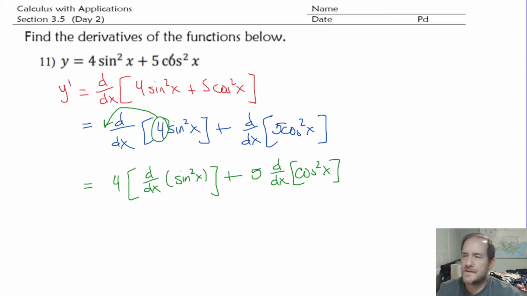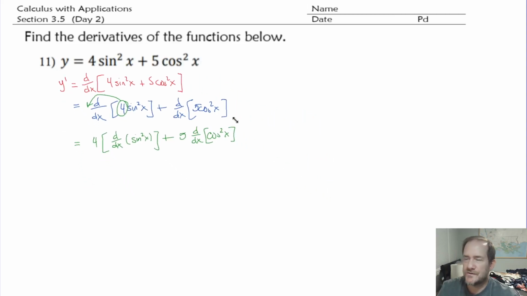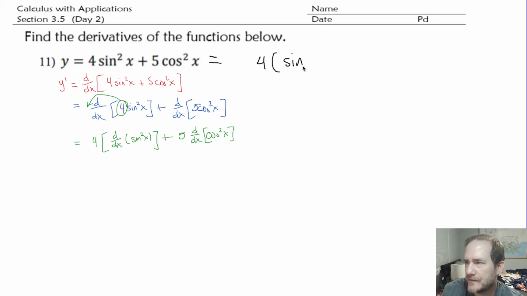Alright, again, none of these steps are steps you needed to show, really. You could probably just do this straight up from the beginning, but as long as you understand why, that's a good thing. So what's happening here? Well, you certainly could just be treating this as 4 times sine of x squared. And I think I probably would recommend that you do that. So just kill this 2, bring a 2 out,